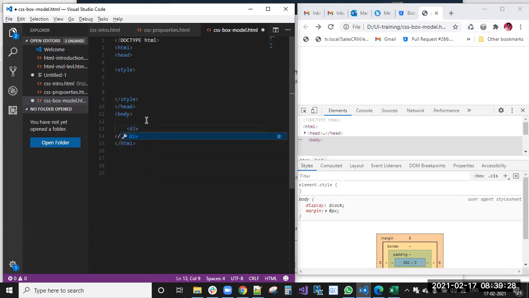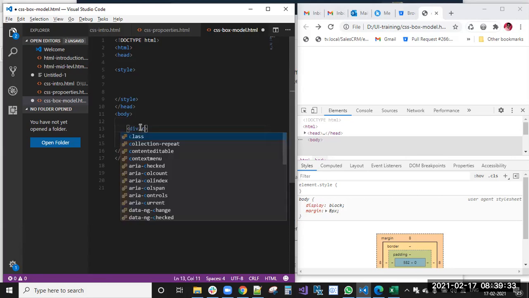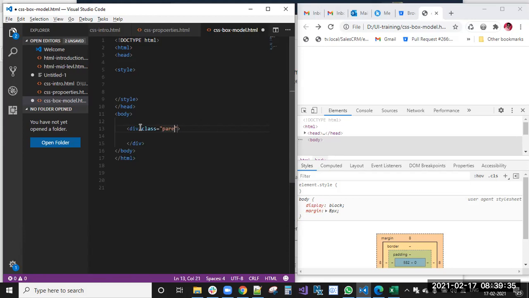Now I'm going to create a parent. It is a div with class parent, and inside that div I'm creating three children to show you the position properties.